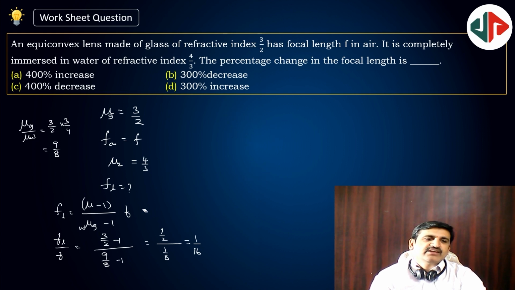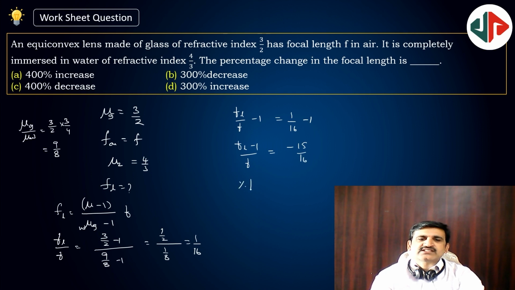We want FL minus F by F, right? So I'll do one thing. This is FL by F minus 1. On both sides I want to do 16 minus 1. Then this will be FL minus 1 by F is equal to, this is 16 minus 15, minus 15 by 16. Now into 100 I'll do. Percentage change in F is equal to minus 15 by 16 into 100. So 4 table will go 4 times, 4 table will go 25 times. Okay. Now 25 15s are